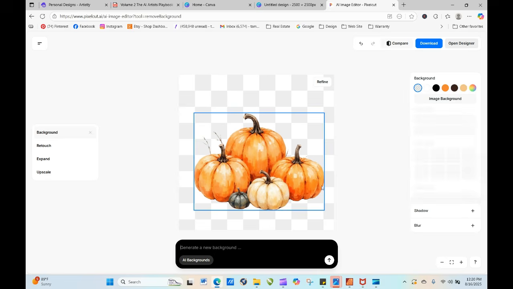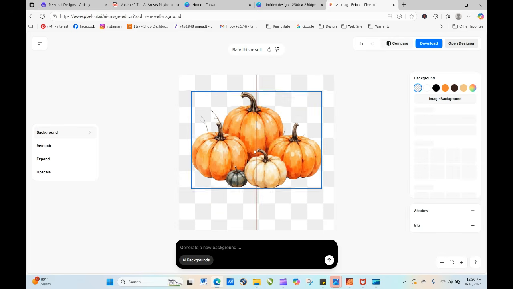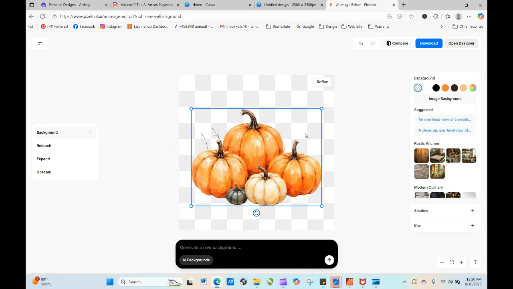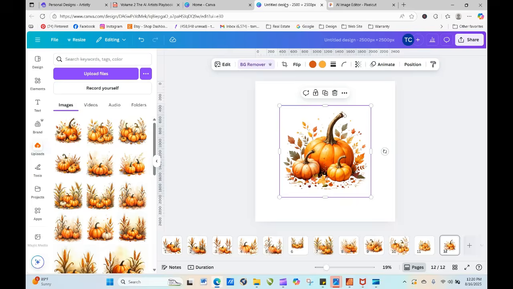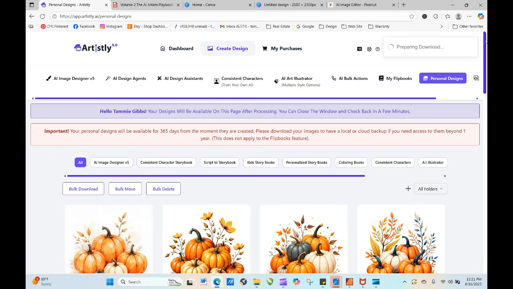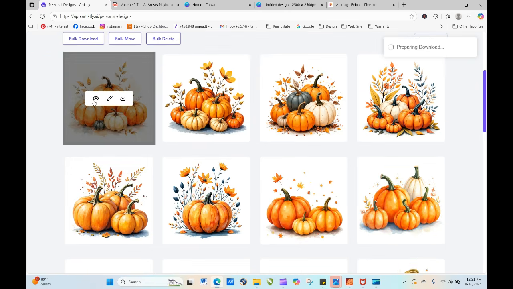Because the actual pumpkins, and look, now see, that's good. That one came clean. So it removed all that, and it left us with these pretty watercolor pumpkins. These little things right here, I would probably leave them. They're just like little twigs. And that's how it looked before. It did remove all these little things right here. Okay, so going back,